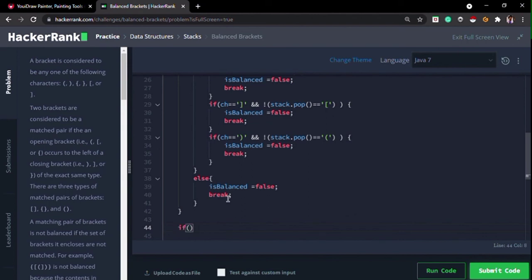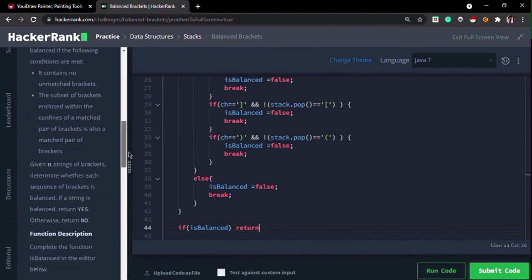If isBalanced is still true, that means we can return true. Okay, let's see what we have to return.